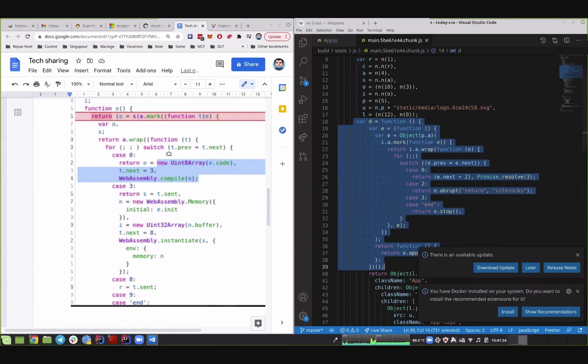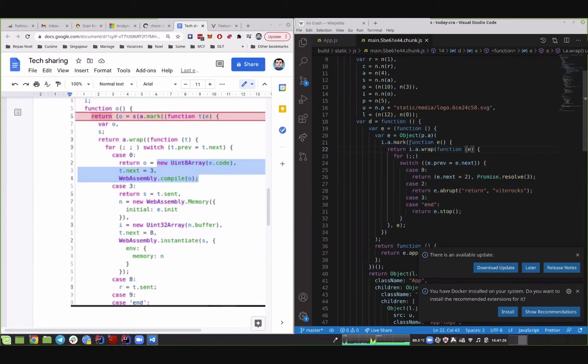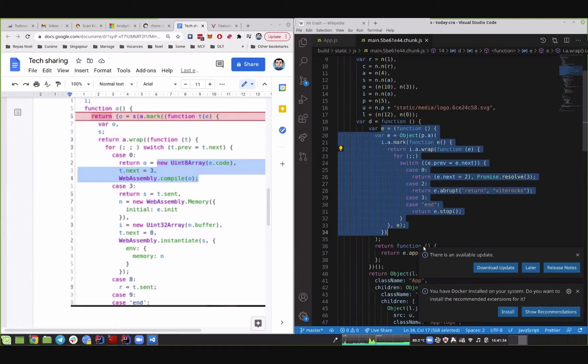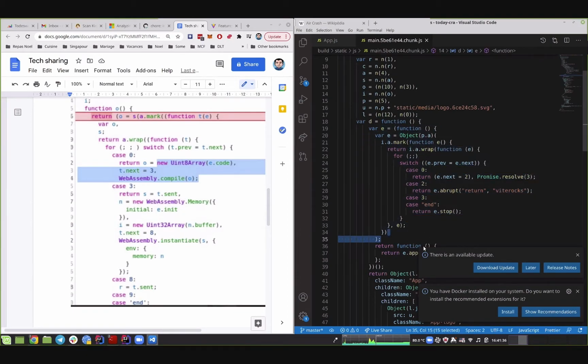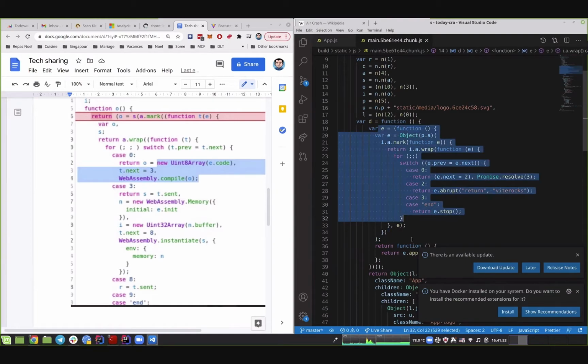So it's really the same as this code. You can see it's a.mark, a.mark, a.wrap, a.wrap. This is really the transpilation of async await as it works in all browsers, meaning especially Internet Explorer. But this is what you will have in your code every time. Even if you are using your own browser, it will run this. It won't use async await. So this is the output for a Create React App-based application.